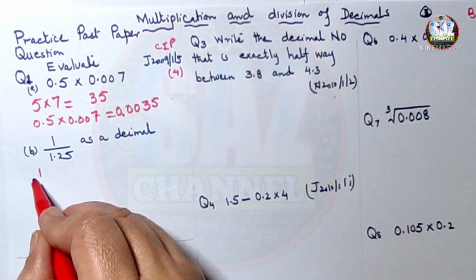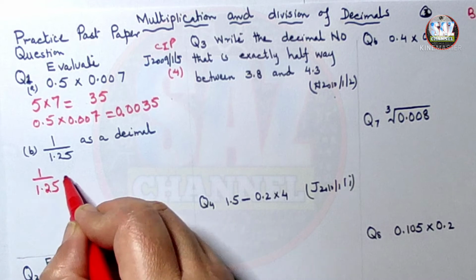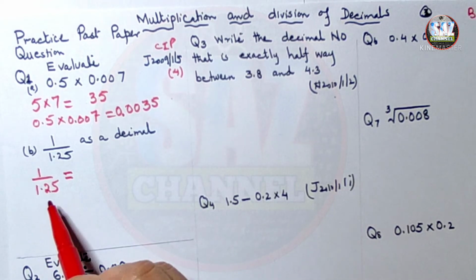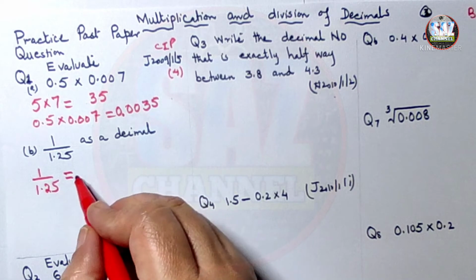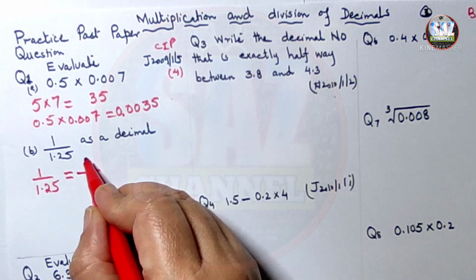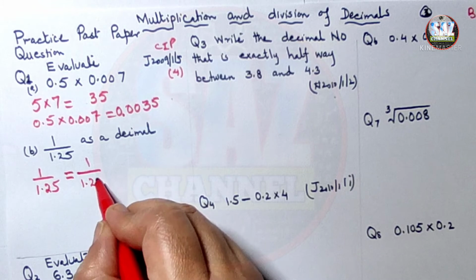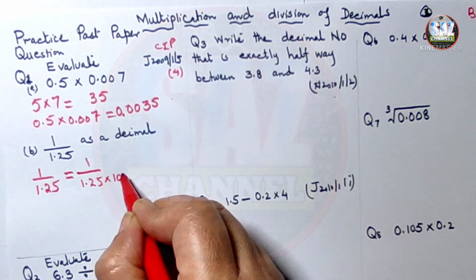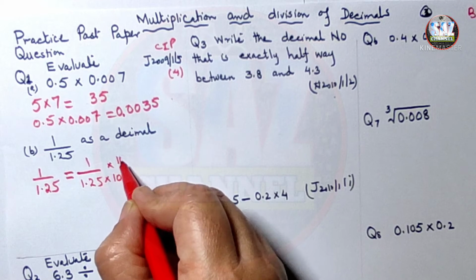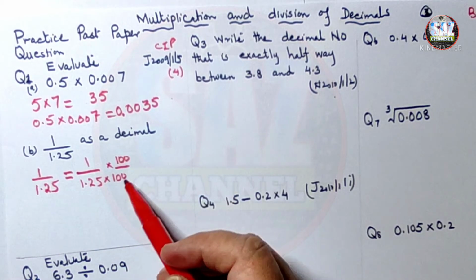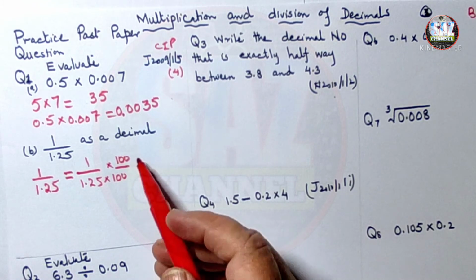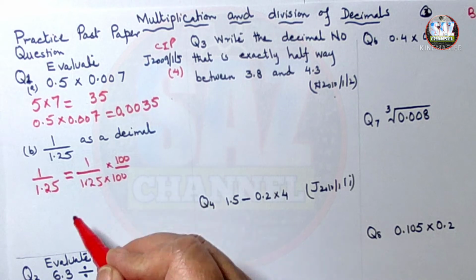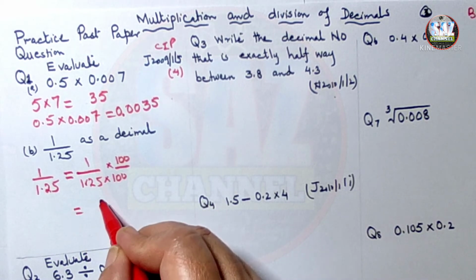The question will take the form 1 over 1.25. Now the question is, what power of 10 can remove this decimal easily? As the number has 2 digits after the decimal, the suitable power of 10, or the suitable number, will be 100. 1.25 multiplied by 100, and in the numerator as well, because this is the rule of maths that whatever we multiply, we have to do the same on the other part as well. The question will take the form 100 divided by